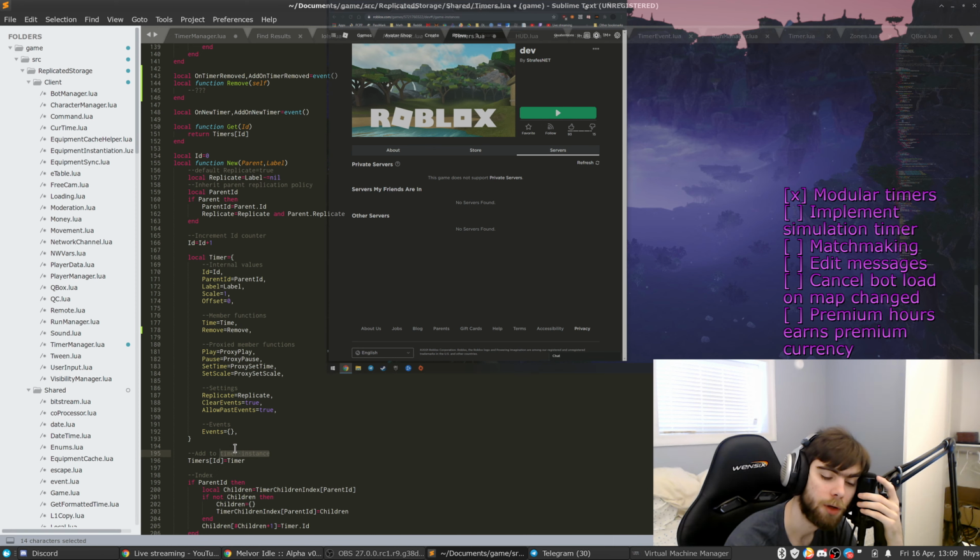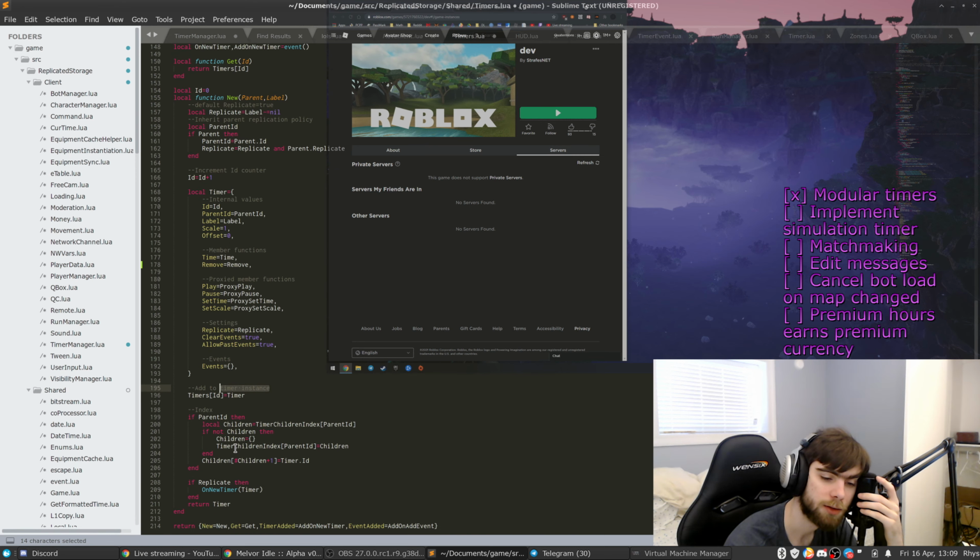No IDs. Right. I was thinking, how do I replicate it if there's no IDs? Yeah, that makes perfect sense. There has to be IDs in order for it to replicate. There's no way. I can copy the table over, but